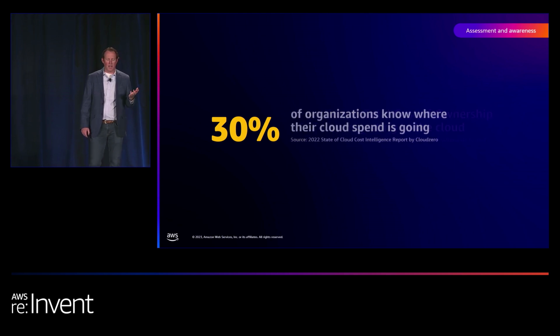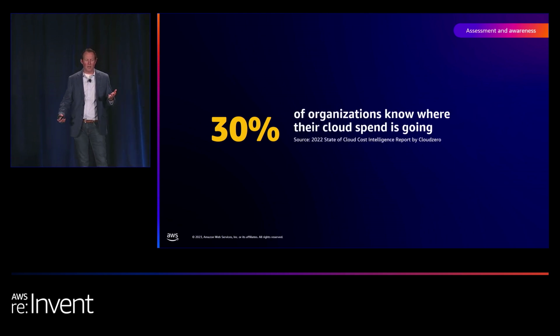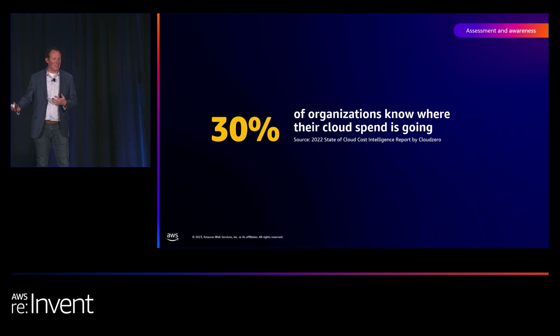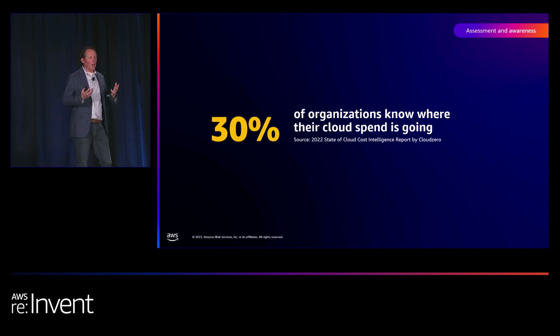The next 30% is the number of organizations that know where their cloud spend is going. This is not likely a metric that's as positive as the last one. There's just a lot of questions companies have around, I know I'm paying for services, but who's consuming those services and how do I better understand what's there? So this is not a big vote of confidence in the current state of elements that exists out there.